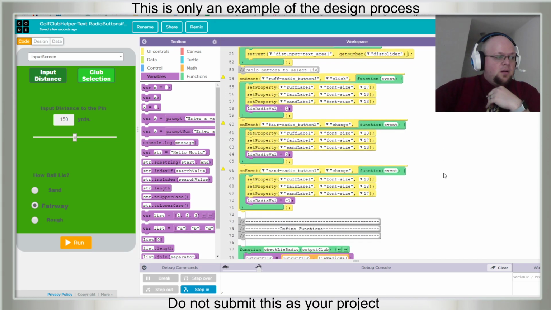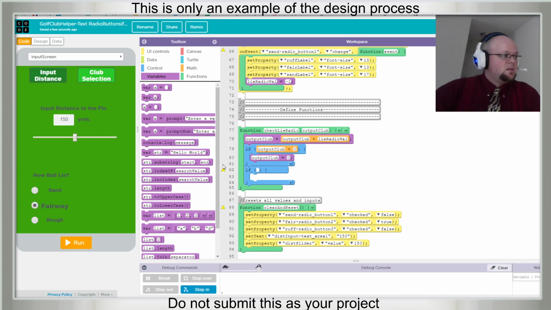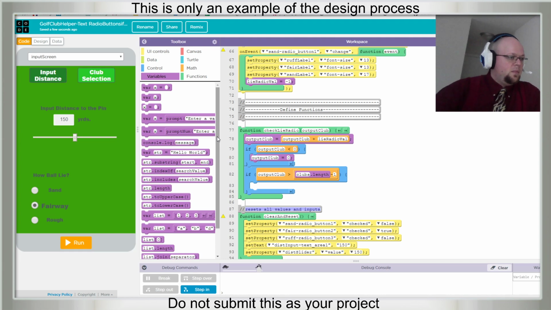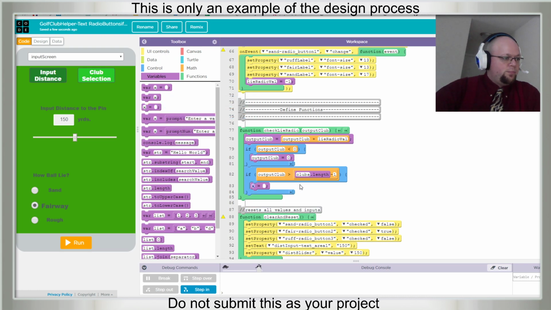So this is if output club is greater than clubs dot length minus 1. Yeah, that should work. I may need some parentheses in there. Then we're going to brute force it.